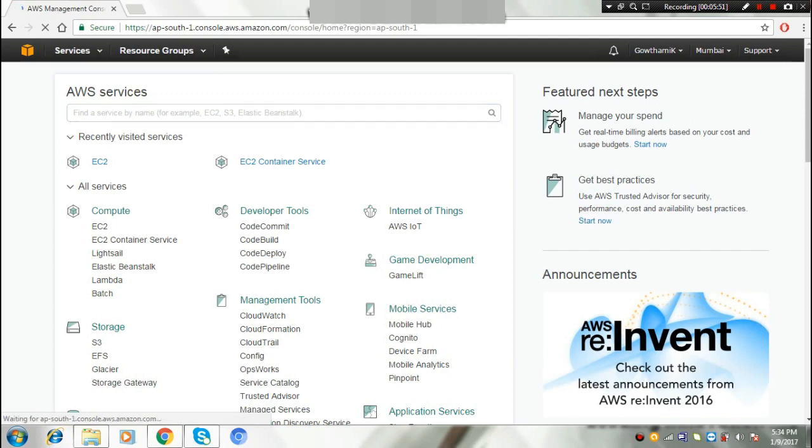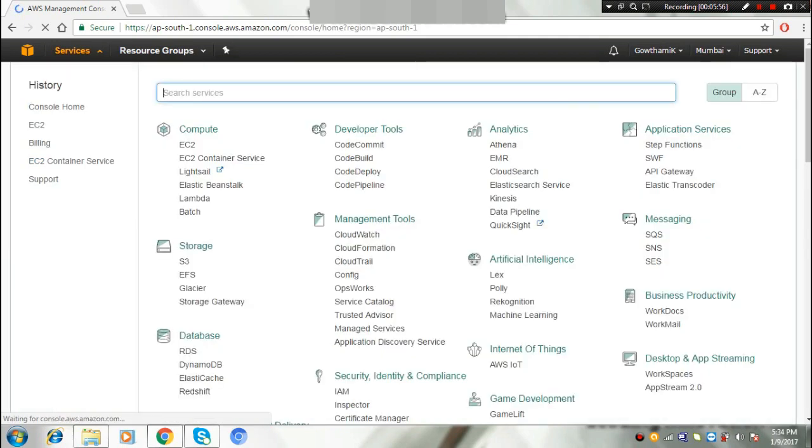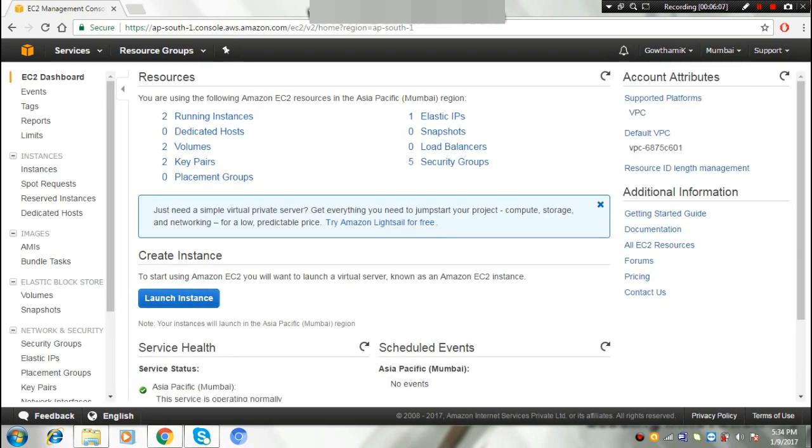These are all the other things we have here: recently visited services, container services, everything. We can also see the history. Now our purpose is to go to the dashboard.